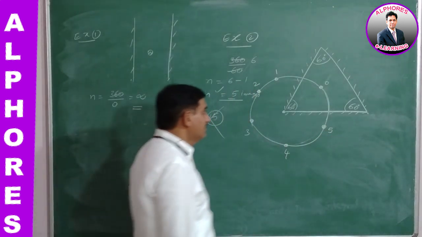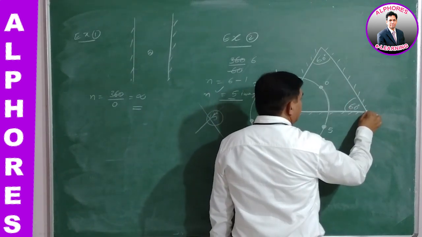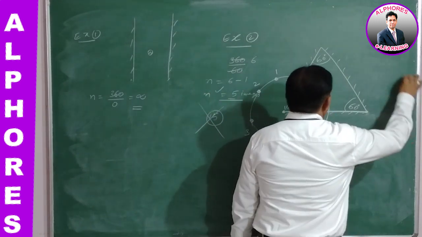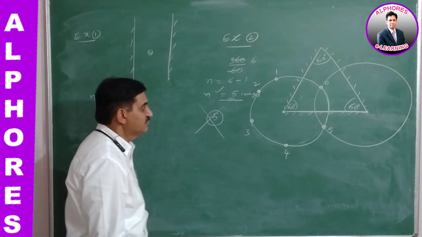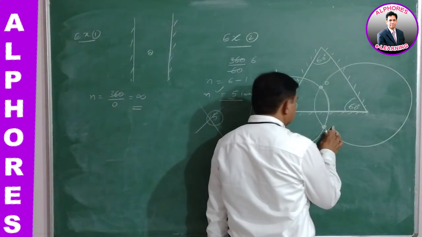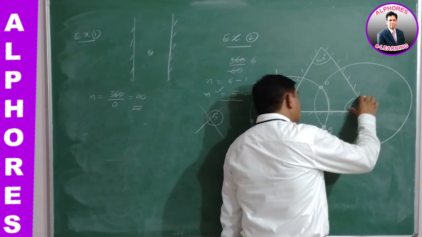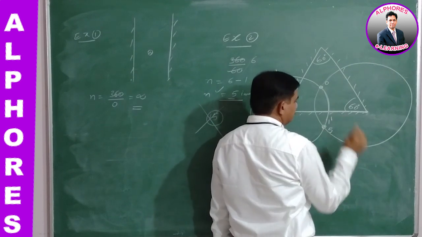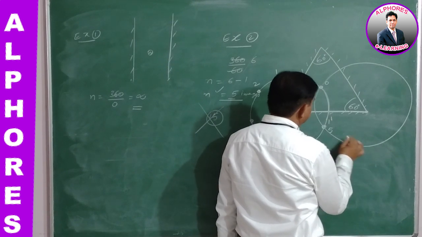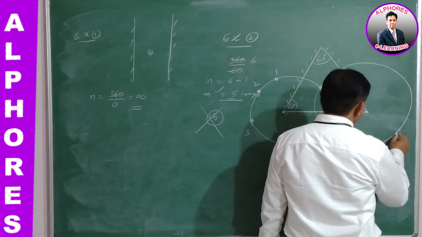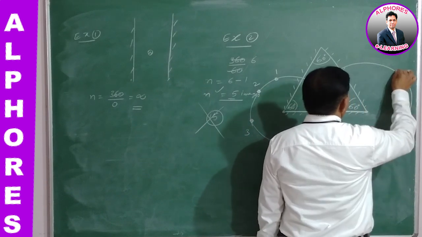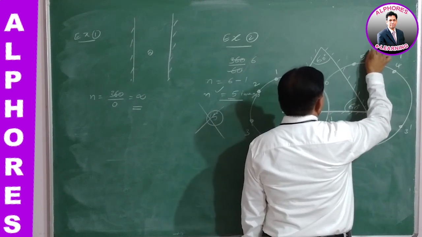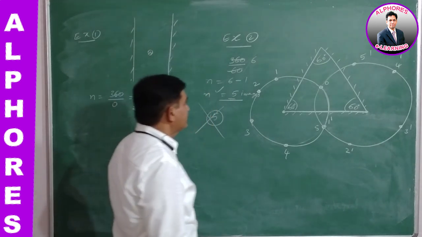Okay. Now similarly, imagine one more circle with this corner point taken as center. So this is 5. Here for this pair, this is also one of the images. Count them. This is 1 dash. Here it is 2 dash. This is 3 dash, this is 4 dash, this is 5 dash. And again one more circle.